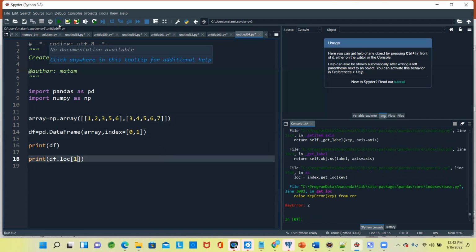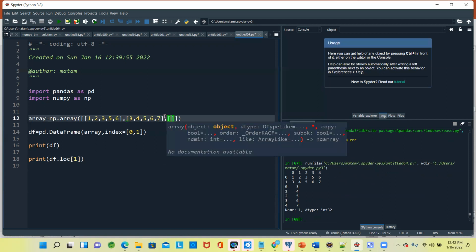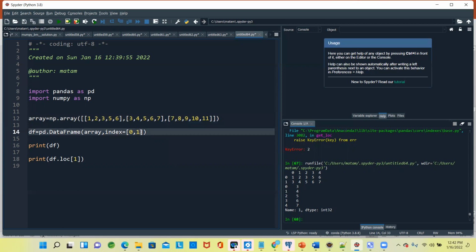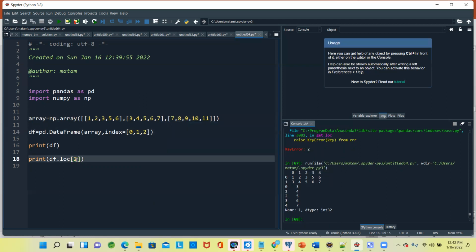Let's say 1 at least. So 1 is what? 3, 4, 5, 6. So it is there. Otherwise we can print a few more values also so that we can understand: 7, 8, 9, 10, 11, and we'll say 2. So 2 is there.